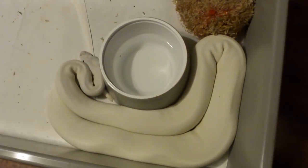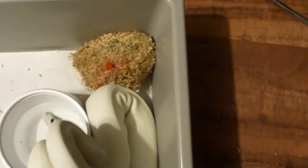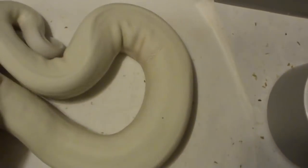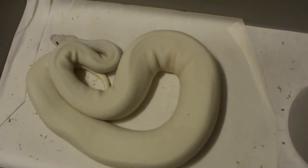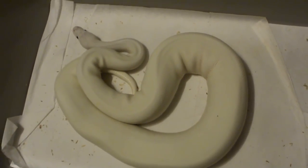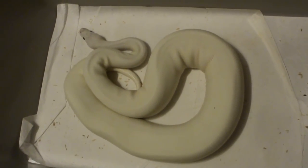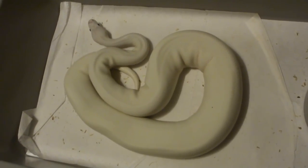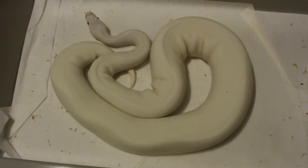If you look back at my spider pied male, when you breed spider to pied, it pushes all the color to the head of the snake, and every now and then you get one that's completely white with no pattern at all on the head. The nickname for this combo with an all-white snake is a white wedding. So when people are talking about a white wedding ball python, it's a spider pied with no